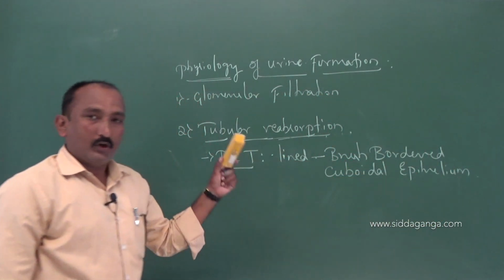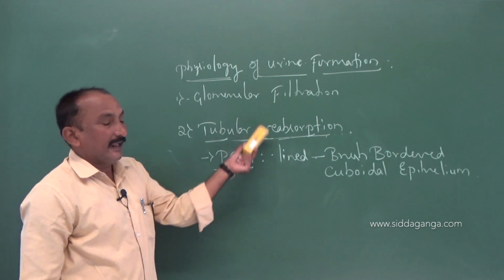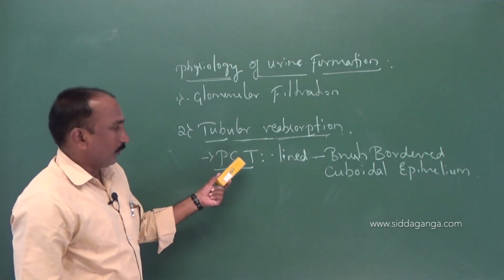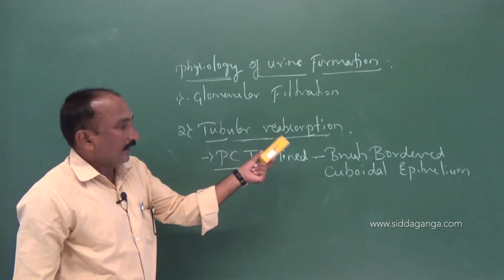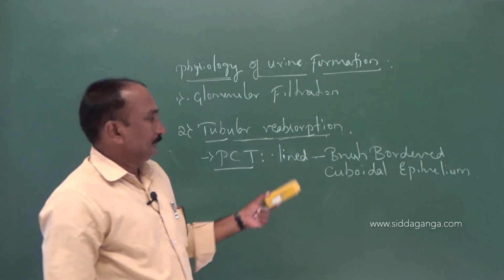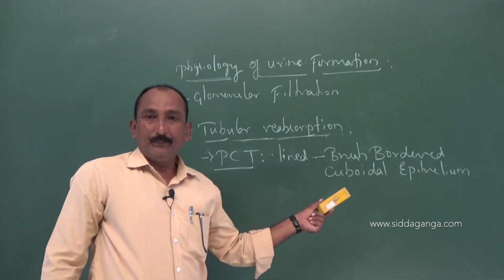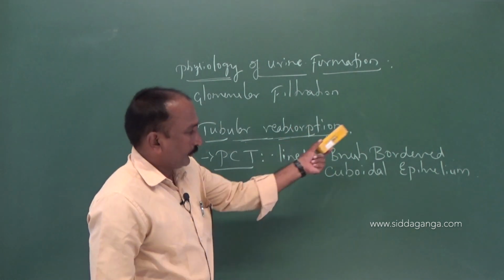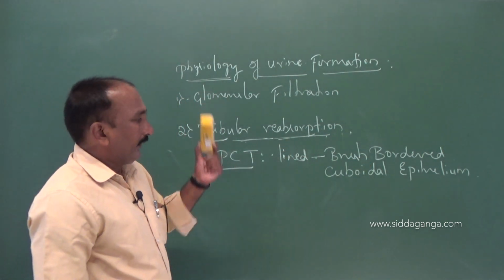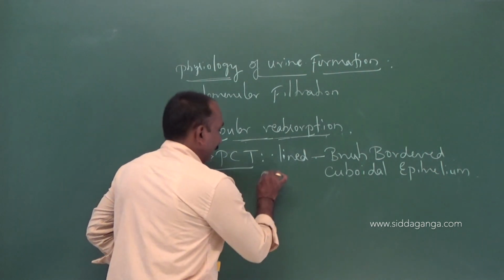So the inner wall of the proximal convoluted tubule has a specialized epithelial tissue, that is brush bordered cuboidal epithelium, which is helpful in the reabsorption